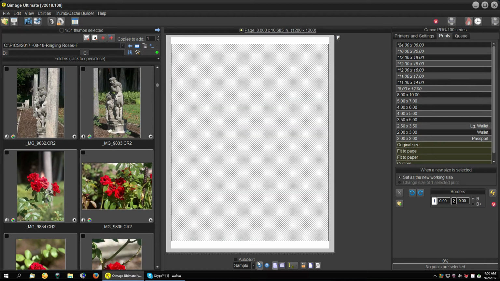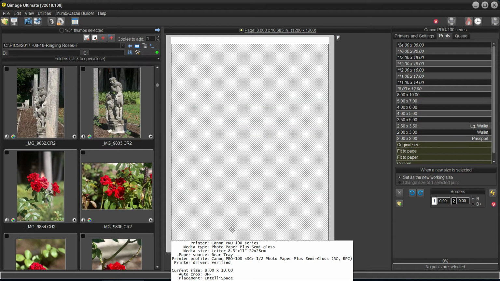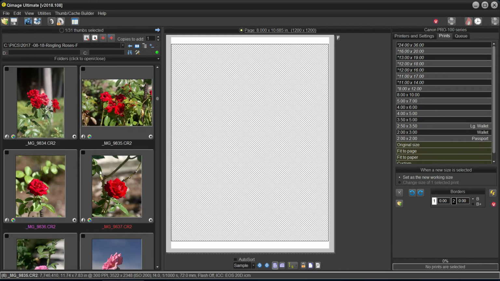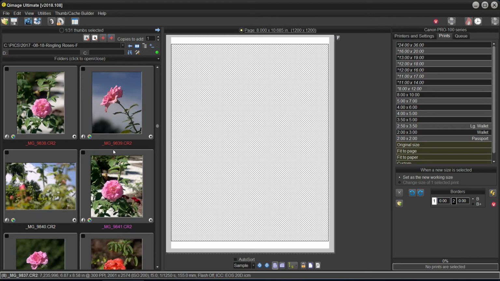Okay, we're going to tackle another little situation. We just unloaded these pictures from my compact flash card. They're in this folder, and they built the thumbnails and the cache, and this is what I got. Okay, well, how good are they? Are they worth keeping? Are they worth printing? Or which ones should I give the grade A marks and which ones get the F, and so on and